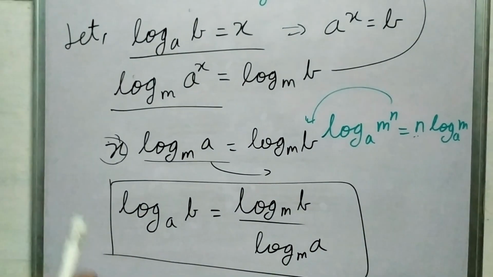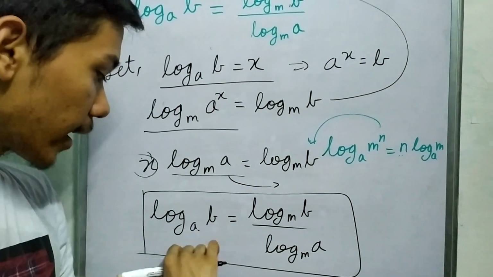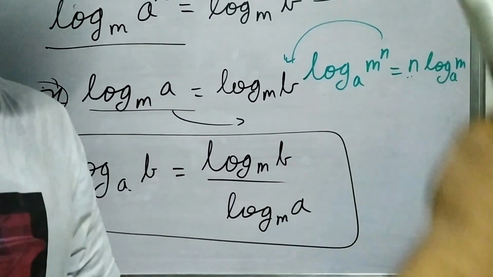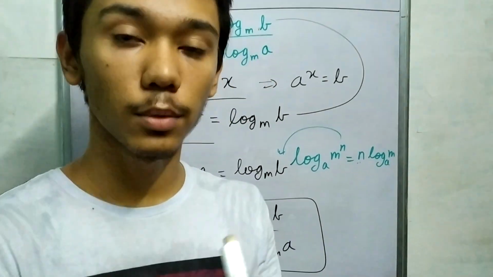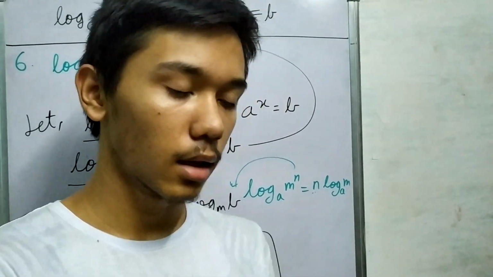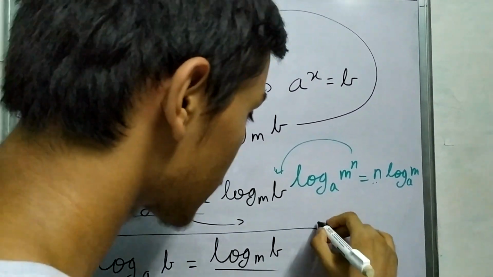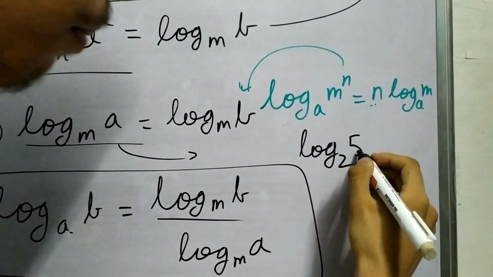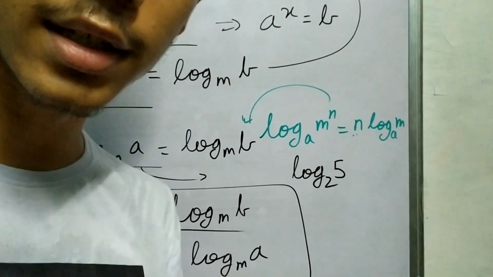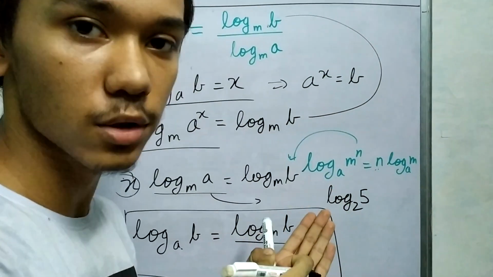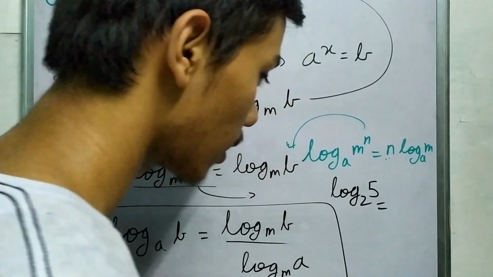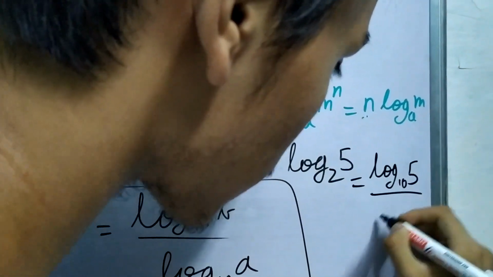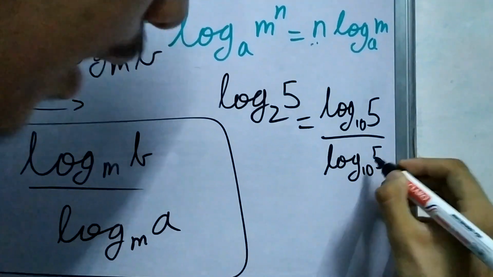This is very helpful when you do not know the direct relation, but you know log b and log a with respect to some common base. For example, you want to enter some text in your calculator, say log 5 base 2, but sometimes your mobile calculators don't give you the freedom to change bases. So what you do is take log base 10 and log base 10.